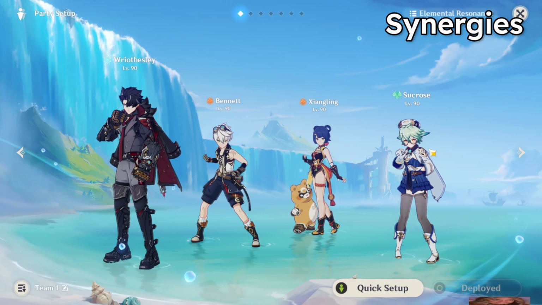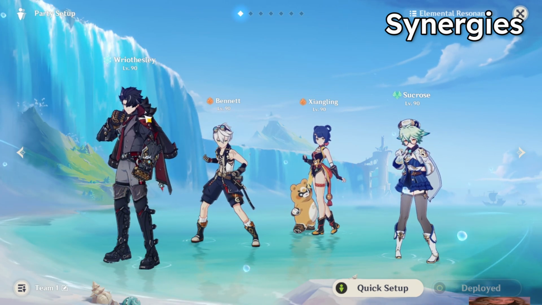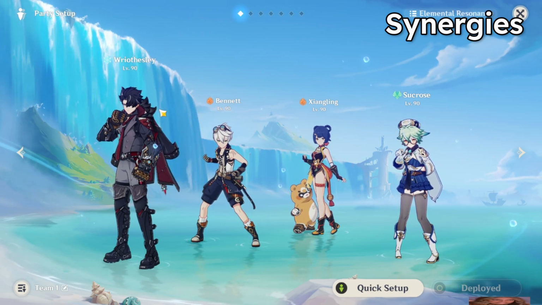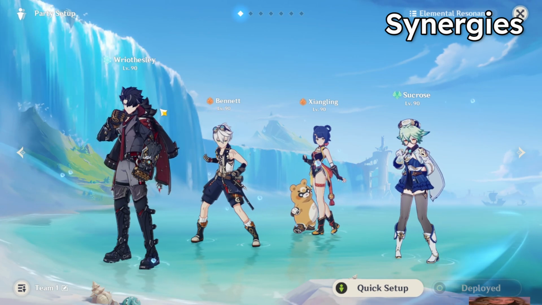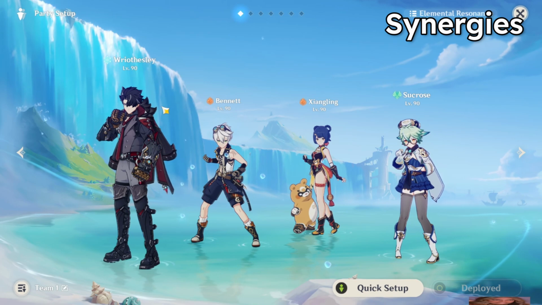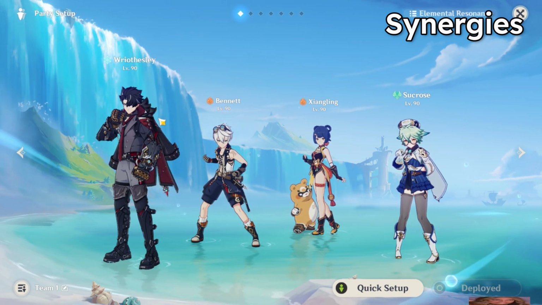Now when it comes to team building, let's first go over some synergies as well as anti-synergies. Wriothesley is a normal attack based crowd damage unit, so any character that buffs normal attack damage, gives damage percent buffs, or any resistance shred will be really useful to him. So characters like Shenhe, Yunjin, Yelan, or any anemo units like Kazuha, Sucrose, or Heizou will work really well with